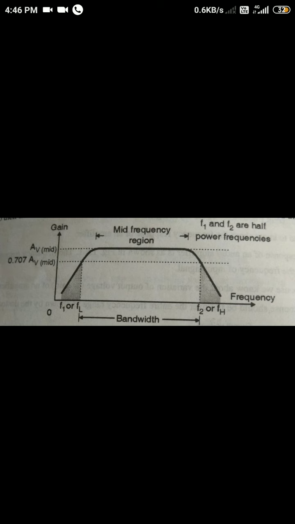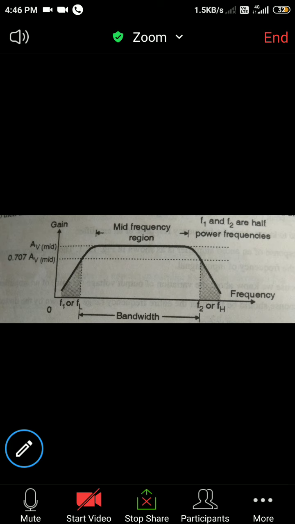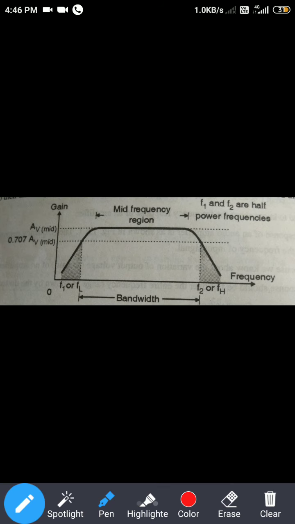So this frequency response of an amplifier basically consists of three regions. The first portion is the mid frequency region that you can observe here. Next, this portion is the low frequency region, and this portion is the high frequency region. So in three different regions, the very first, the low frequency region, the gain or the output voltage